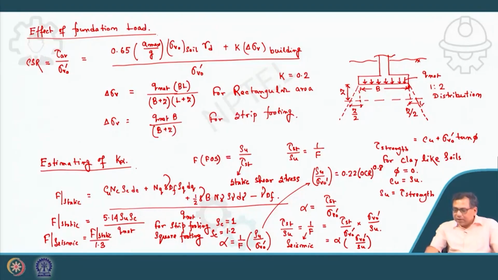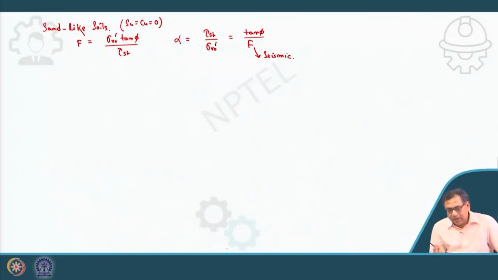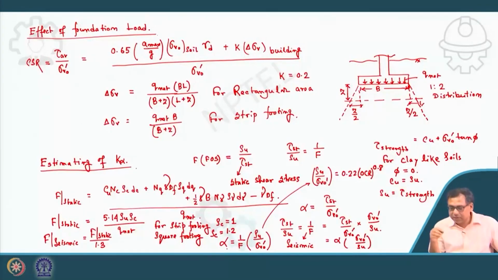And then you will get, so this will be 0.22 OCR to the power 0.8 divided by F. That is equal to your alpha. Clear? So now this way you can calculate the alpha, and from there you can calculate the K alpha. Okay? And this technique you can use